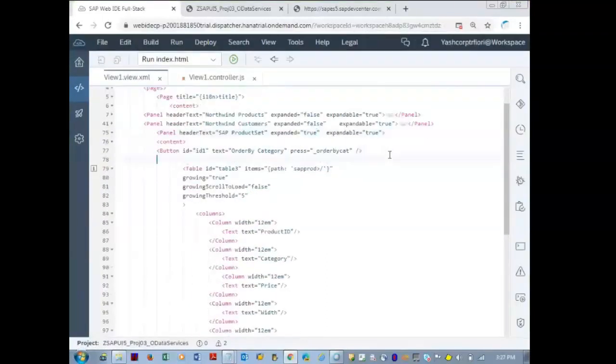Here, we should add a button now. Button ID is equal to ID2. Text is equal to price below 10. Press is equal to, let us have something like underscore price LT 10.